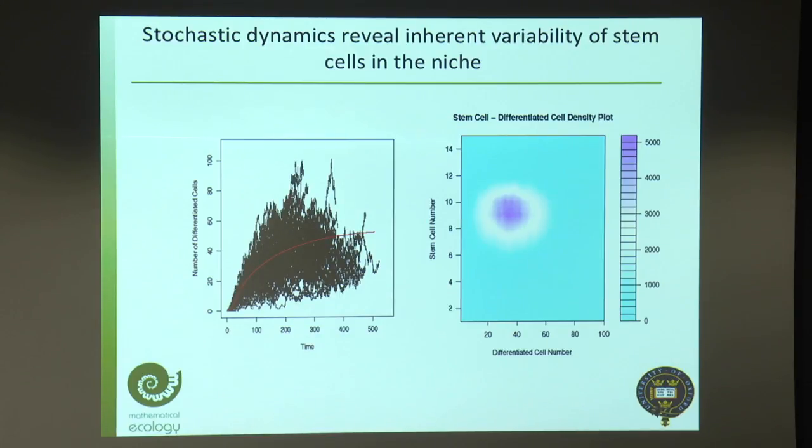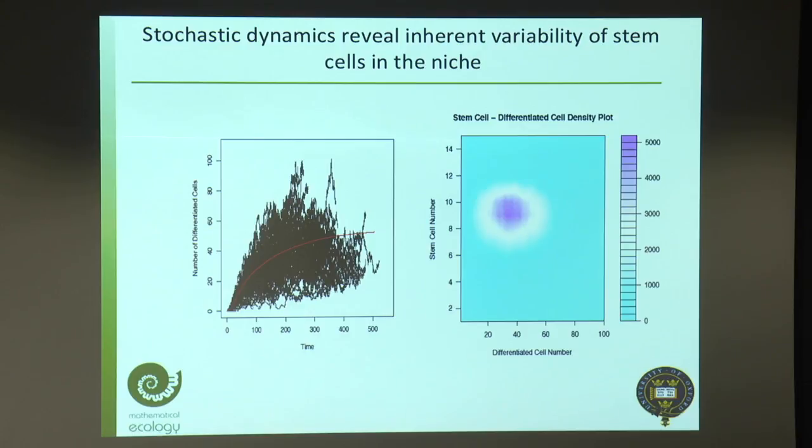So if I just run that model as a set of coupled ordinary differential equations, I end up with this red line. As I said, it's a stochastic system. It's a random system. So if I make that event-driven, if I make each of those transitions an event that can only operate in a small time step, then I get a whole raft. I can look at the repertoire of dynamics that I see out of this. What do I expect from this system, given that